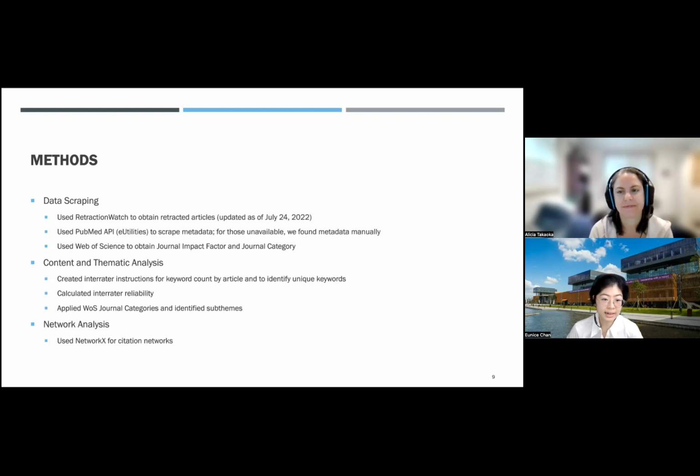So for the journal category, they actually have a more specific list of categories. They break it down into subdisciplines, but because there are just too many subdisciplines, we decided to group it into 5: life sciences and biomedicine, technology, physical sciences, social science, and arts and humanities. So we ended up grouping it into 5 larger, broader categories, but obviously, for example, life sciences and biomedicine